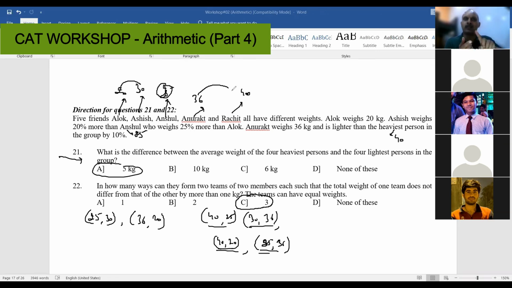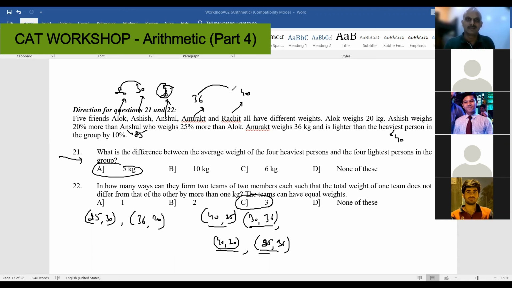Then we'll see 25 will go with what? If he goes with 20, it is 55. No other summation is close to 55, so that is ruled out. 25 goes with 30. So then the other pair is what? 55 summation, so we want 20, 36. If 25 goes with 36, then what? 25 goes with 40, then what? So we have taken all possible cases without exactly going by hit and trial method.